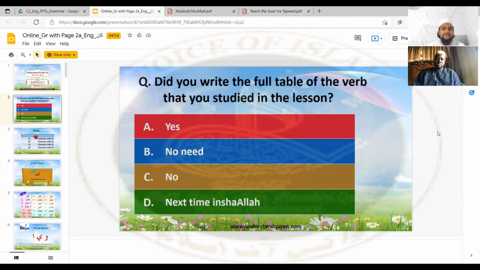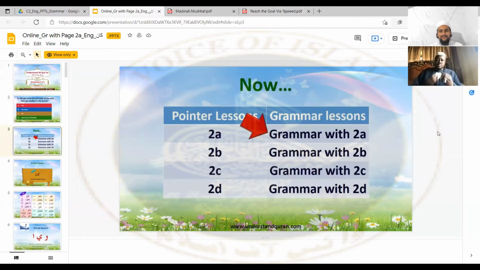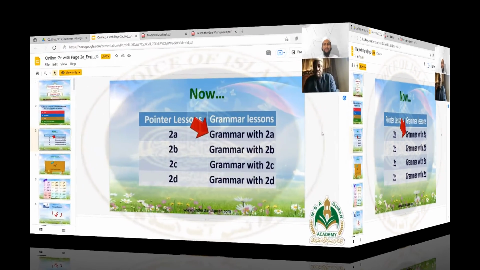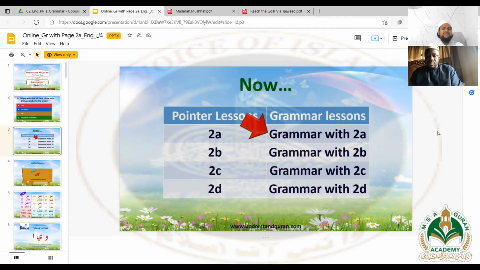Did you write the full table of the verbs that you studied in the lesson? Next time, inshallah. First answer is D, your favorite, I think. Your first answer always is D. Next time, inshallah. I think that is your favorite one. Okay. So I did some work, but